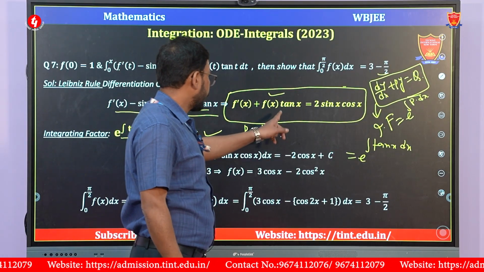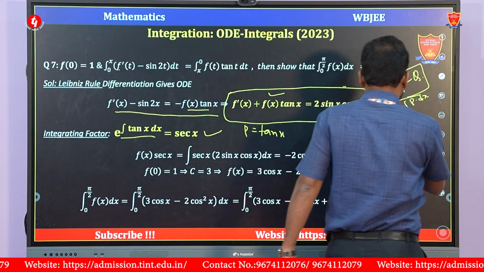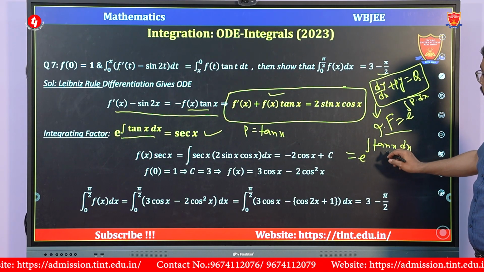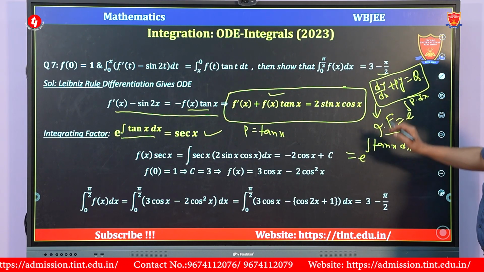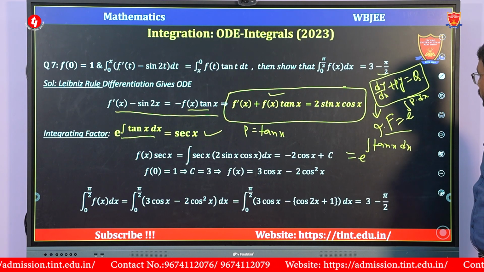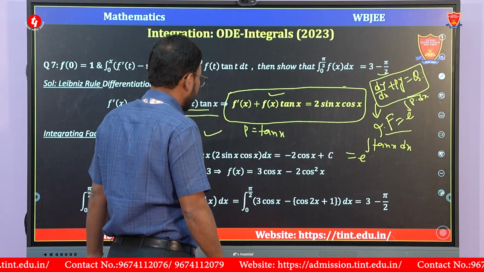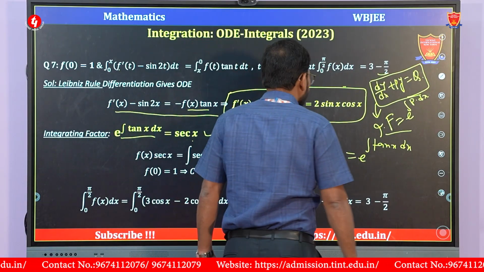After finding the integrating factor, the next procedure to solve this first order differential equation is to multiply the integrating factor in the given equation on both sides. So we get